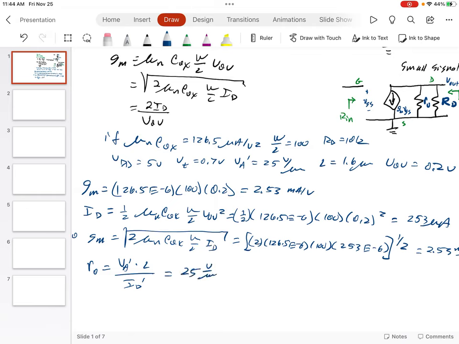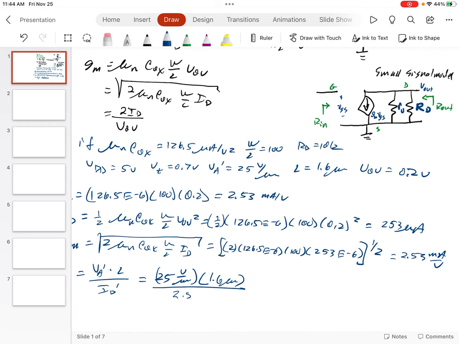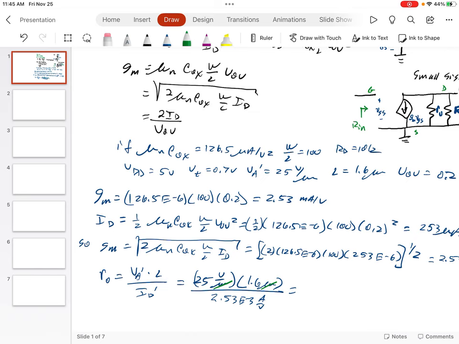I'll just write in the units here, I don't usually, times our length is 1.6 microns, and divided by ID prime is 2.53 e to the minus 3 amps per volt. And I prefer to do it that way instead of saying milliamps. You'll get yourself in trouble if you write milliamps here. So when we do that, the microns cancel,